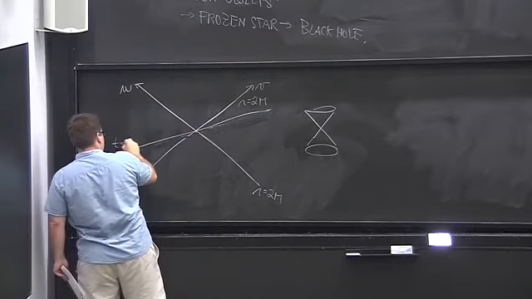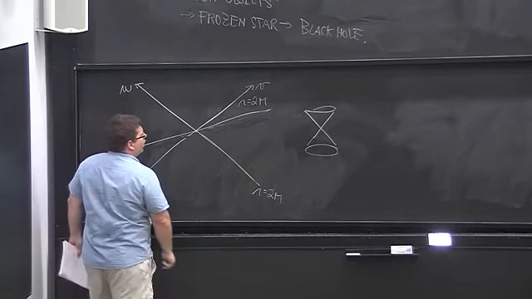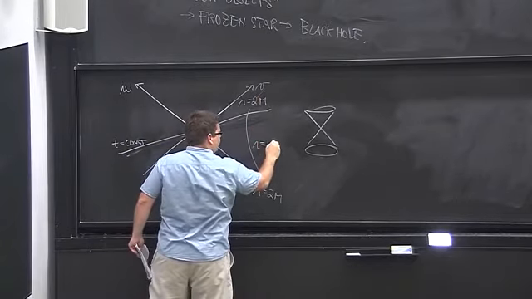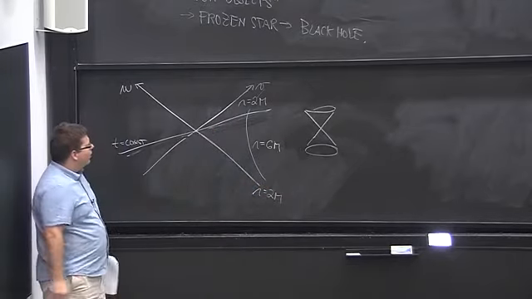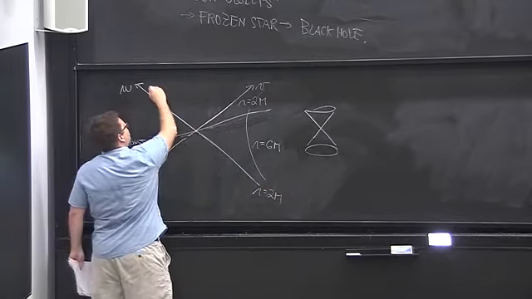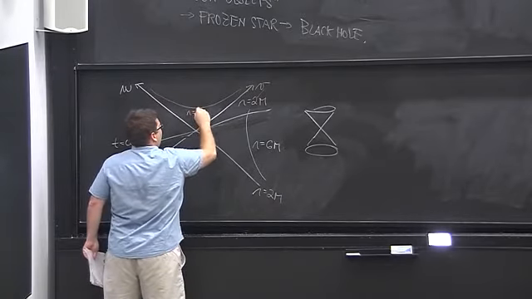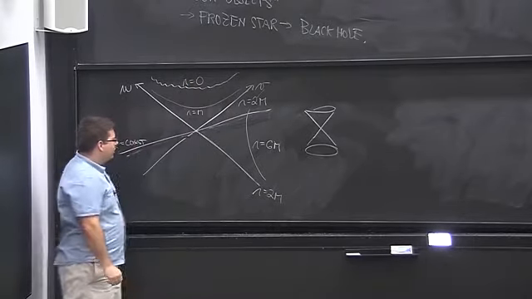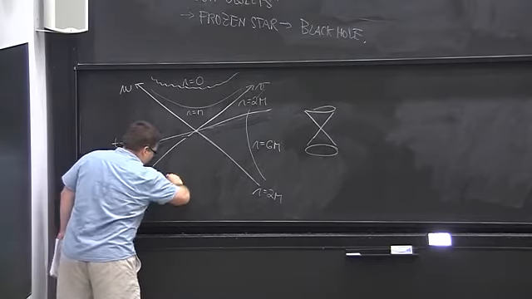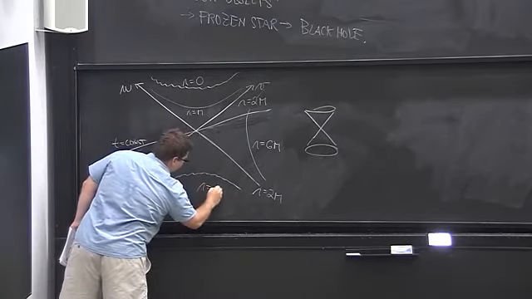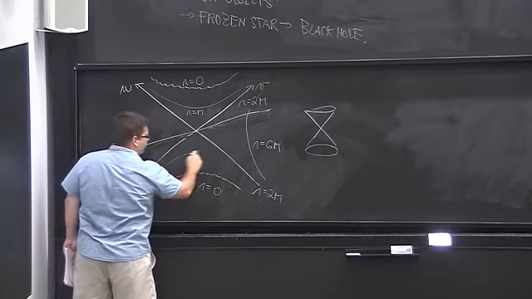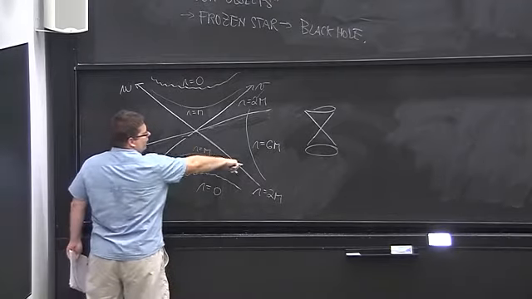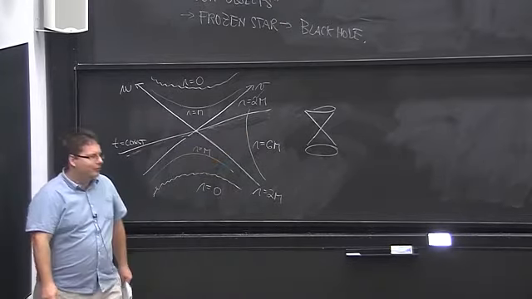So this is T equal to constant. And then R equal to constant is this thing. It's R equal to, let's say, 6m. But now I can go through this horizon, and so I will have R equal to m here. And then I will have R equal to 0 here. And that's a true singularity. And similarly, you'll find that there is an R equal to 0 singularity here. And then this would be R equal to m. And then this is R equal to 2m. And then 3m, 4m, 5m, 6m, and so on.